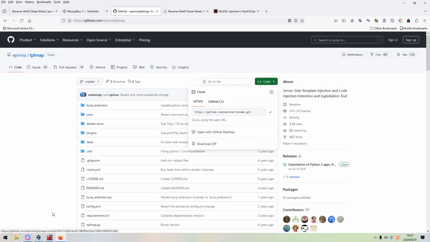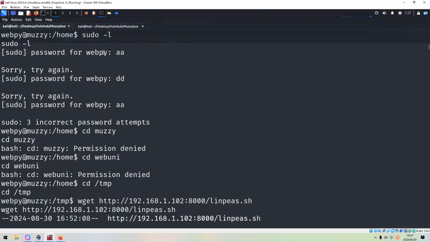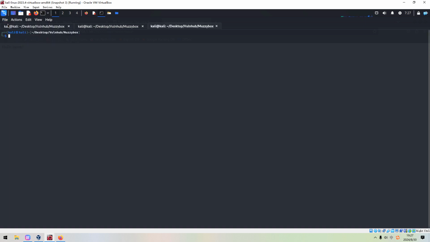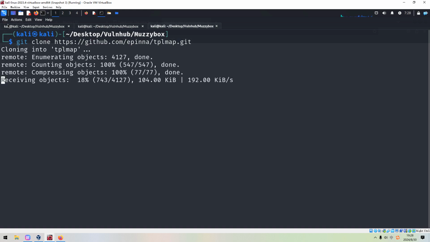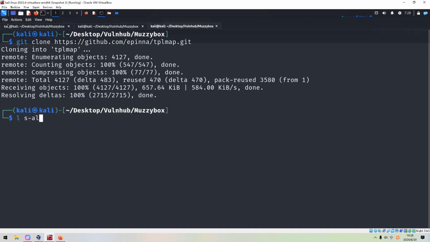We can copy and we can go to my working directory, and we can use git clone, autocomplete the command. All right, it's done.